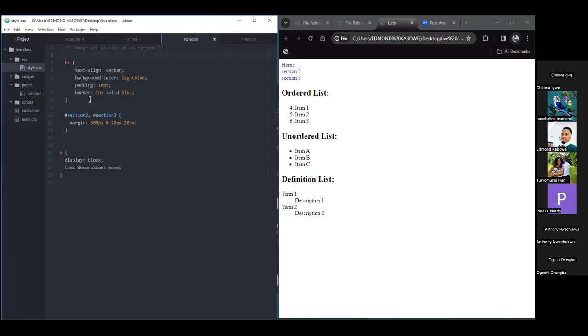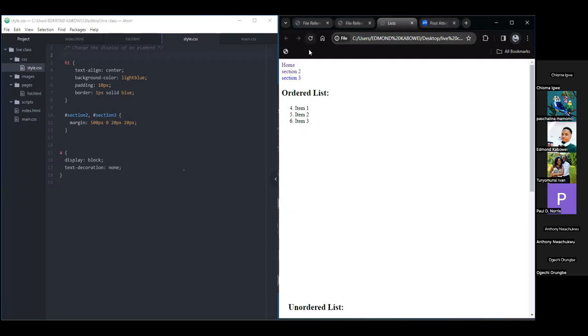So I'm going to save this and refresh my page. Now, I can explain this too, but you don't have to worry about understanding it for now. You will get a clear understanding as you progress in the course. So I have set a margin for my sections, which will give more space, 500 px between the lists. So if I refresh this, you're going to see more space on the page. Like I said, do not worry yourself about this. Just focus on the hyperlink, which is